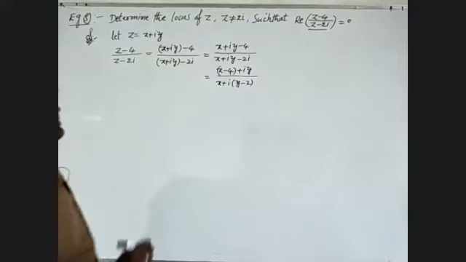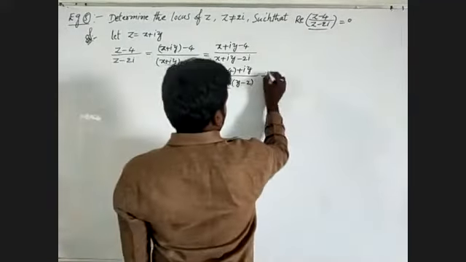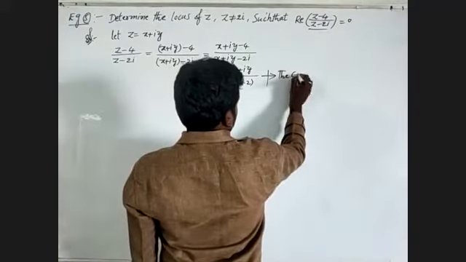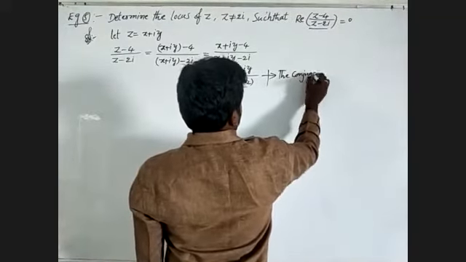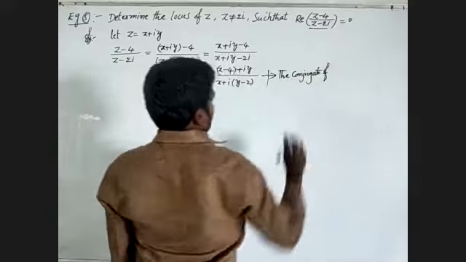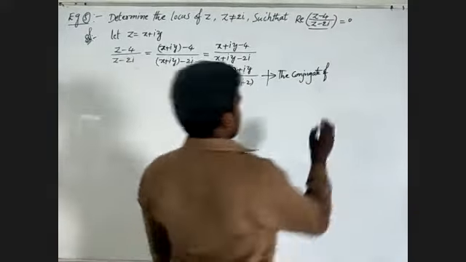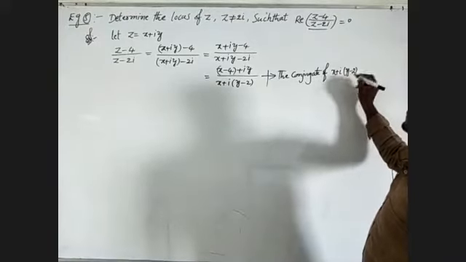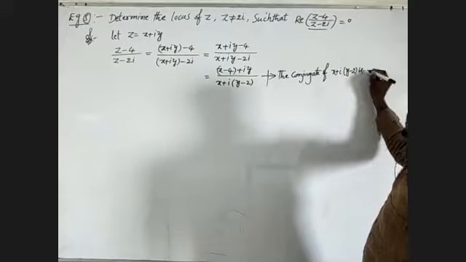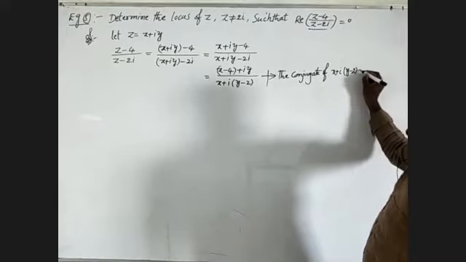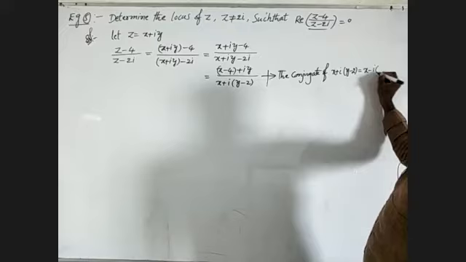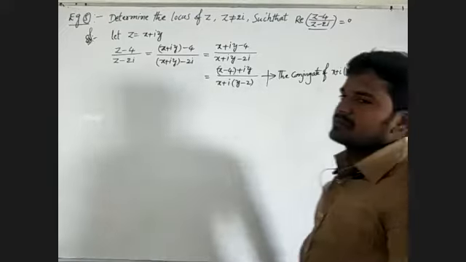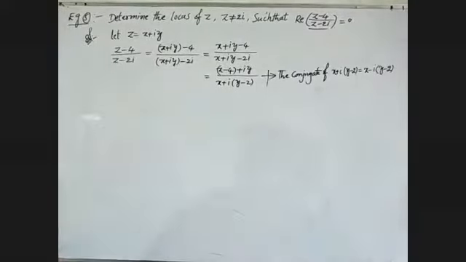Observe the denominator: the conjugate of x plus i into (y minus 2) is x minus i into (y minus 2). Rationalizing the numerator and the denominator with x minus i into (y minus 2), we will get